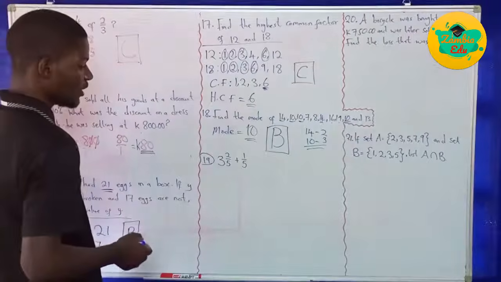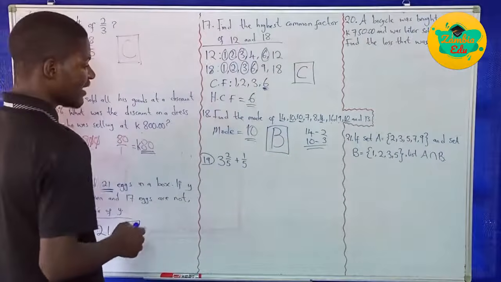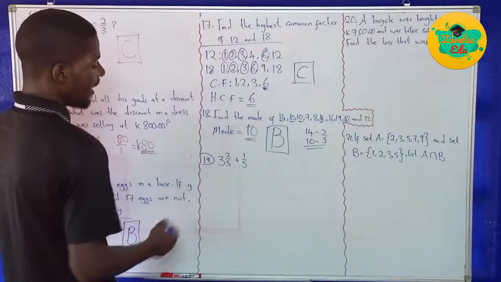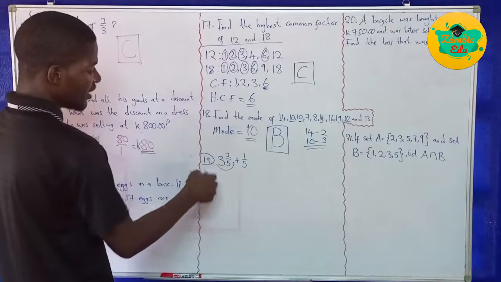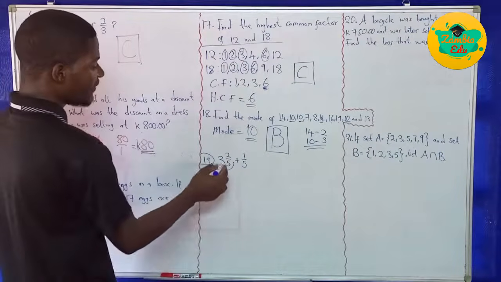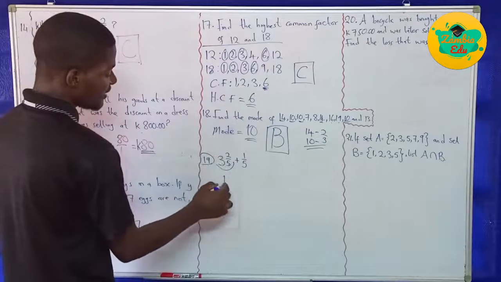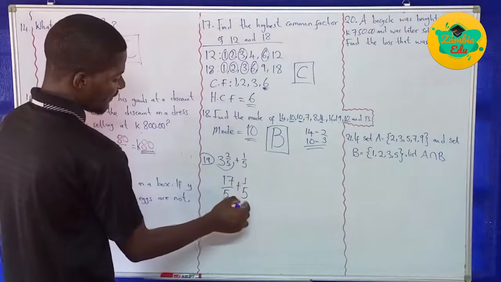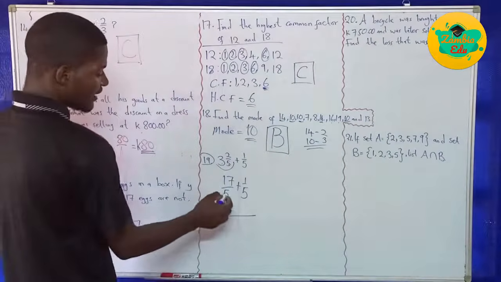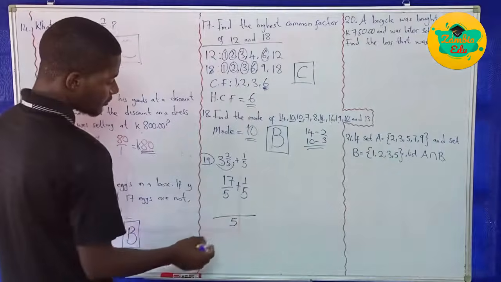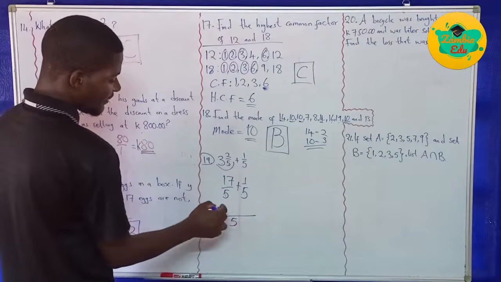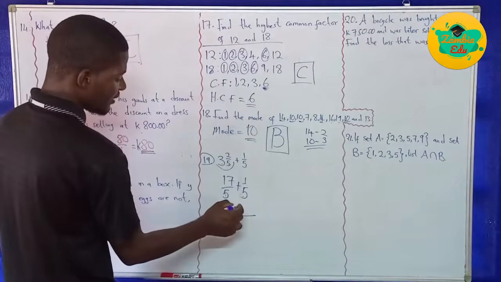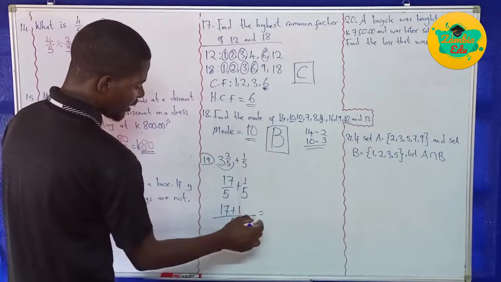We quickly go to question 19, which gives us a fraction. They say, can you add 3 and 2 over 5 plus 1 over 5? So we see that's a mixed fraction. Let's convert it into an improper fraction. So 5 times 3, 15, plus 2, 17, plus 1 over 5. Common denominator, 5 is common for both. 5 into 5, 1. 1 times 17, it's 17. Plus 5 into 5, 1. 1 times 1 is 1, which would be equal to